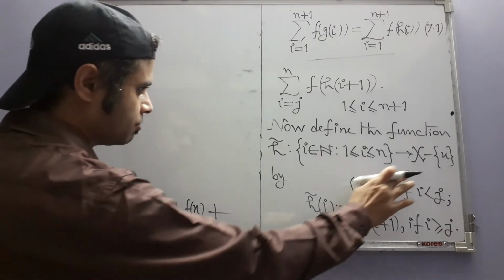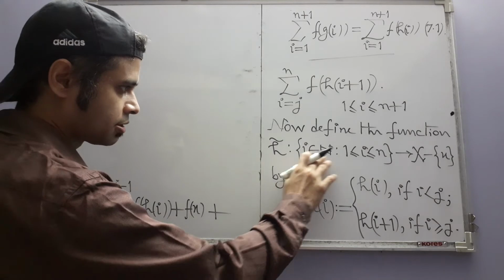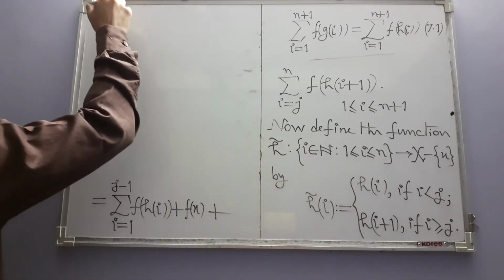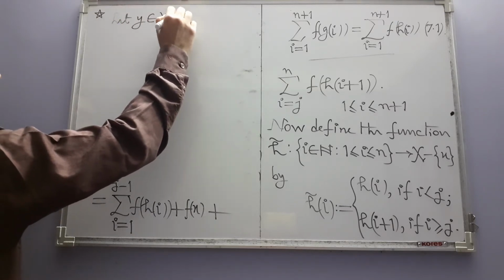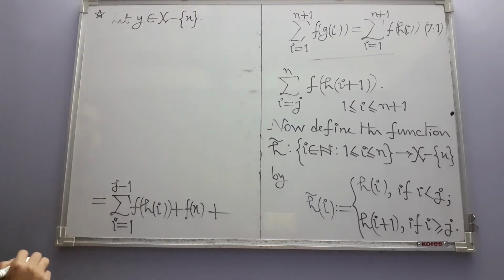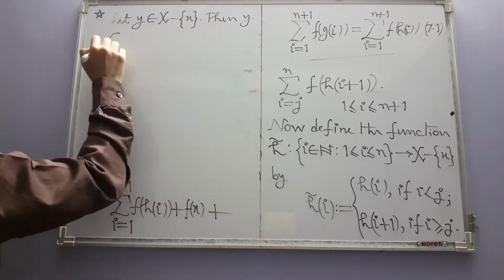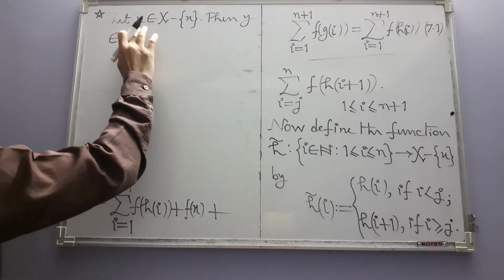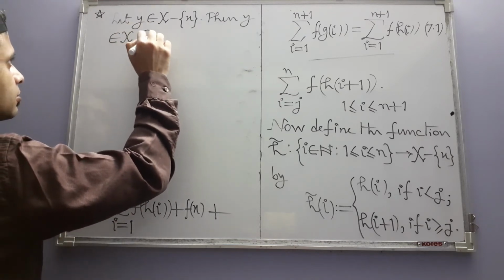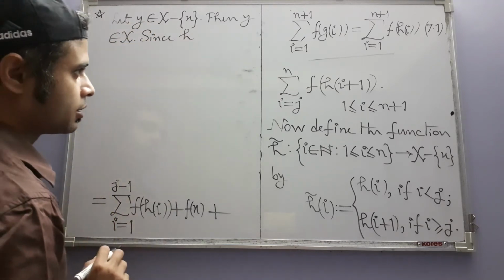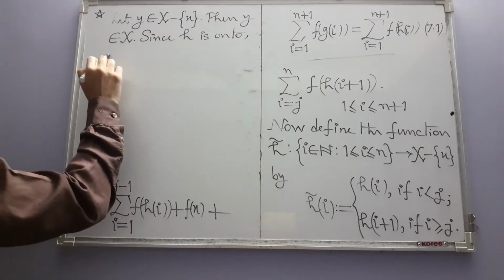So for ontoness, we take an element in this set, show that it is the image of something here under h tilde. Let y belong to this. Then y belongs to X. Yes, y is not equal to small x, but after all y belongs to capital X. Since our original function h is onto, we have